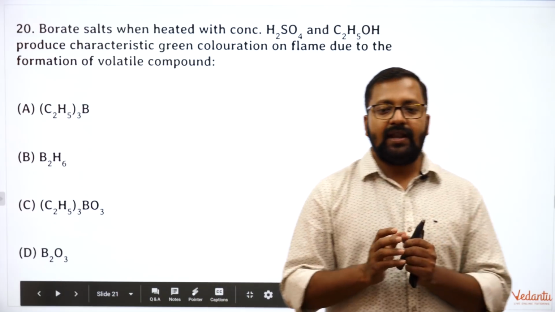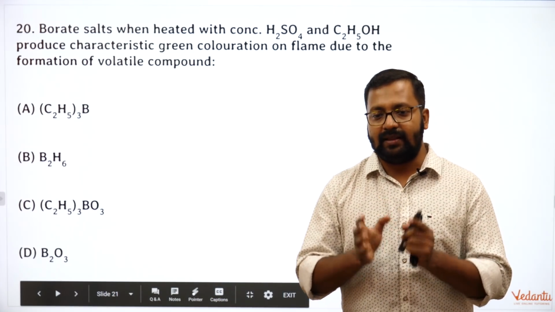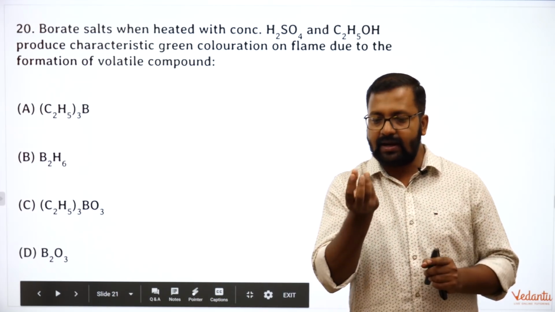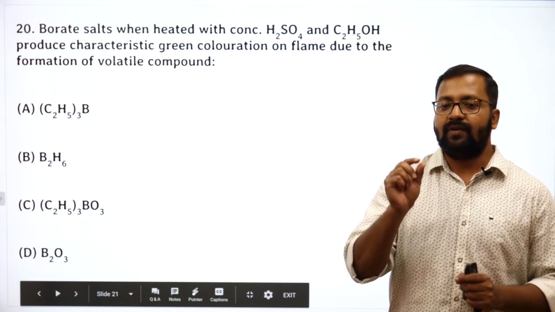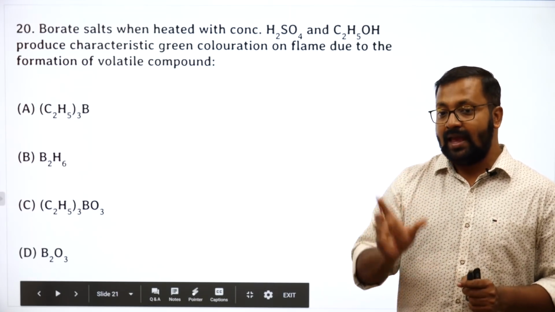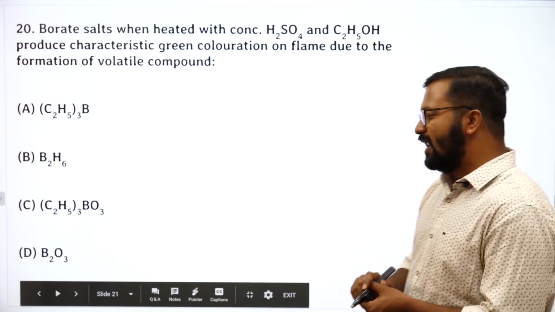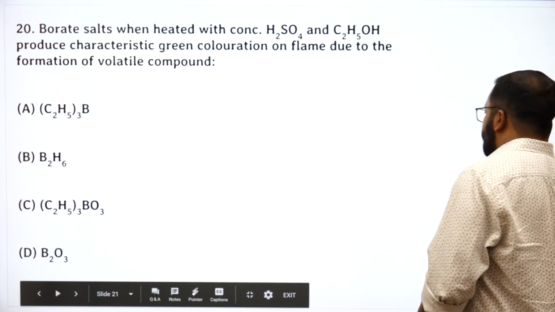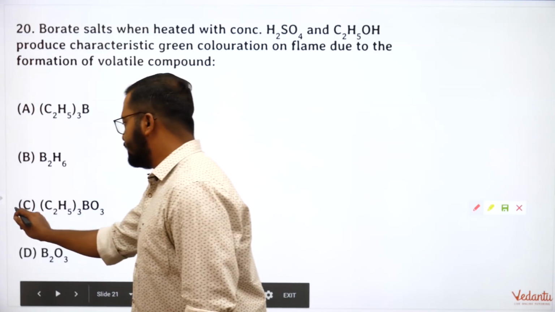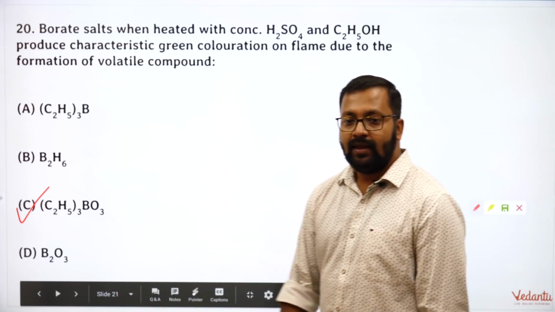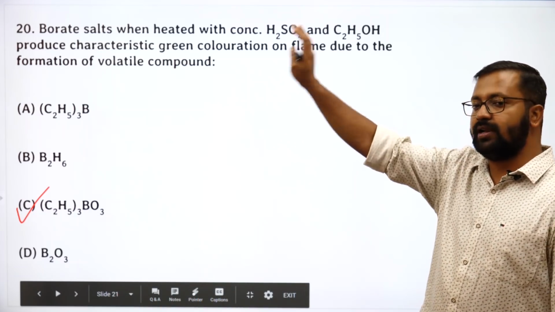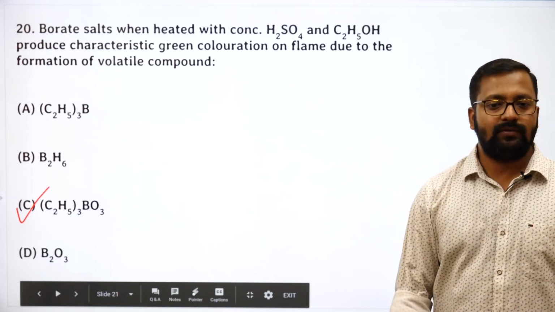We will see that the flame will burn with a green edge, and that is because of a very simple reason: it forms triethyl borate. ये एक बहुत ही डायरेक्ट क्वेश्चन है, ट्राईइथाइल बोरेट बन जाता है. ठीक है,